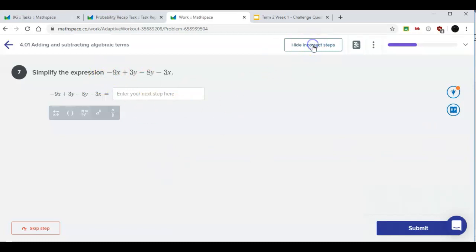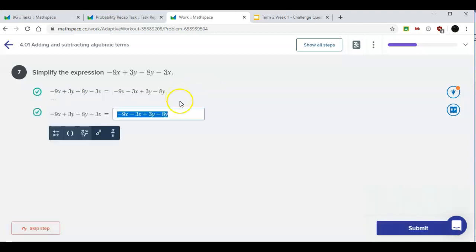If you get really stuck here, you can use the hints, and the hints will actually look at your steps as you're going through. So for example here, if I'm doing enter your next step, I could do minus 9x minus 3x plus 3y minus 8y, and all I'm doing here is